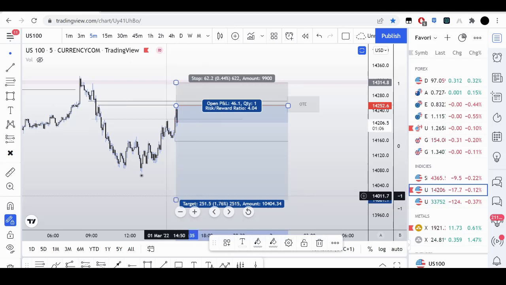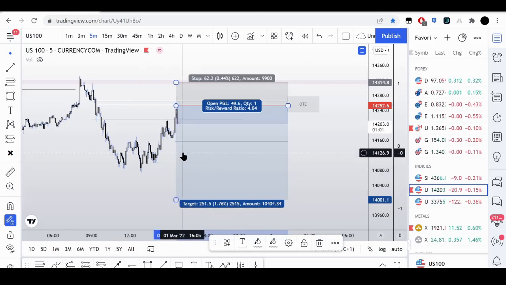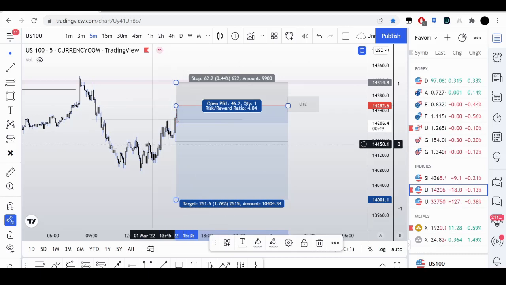If we get a sharp rejection from here and we start coming up, then I might have to TP at like a 1 to 2 because it could come all the way back up. So we'll see what happens. But it all depends on the time of day, right? We've got like 15 minutes until London close, so I know I've got like 2 hours for this trade to at least play out after London close. So yeah.